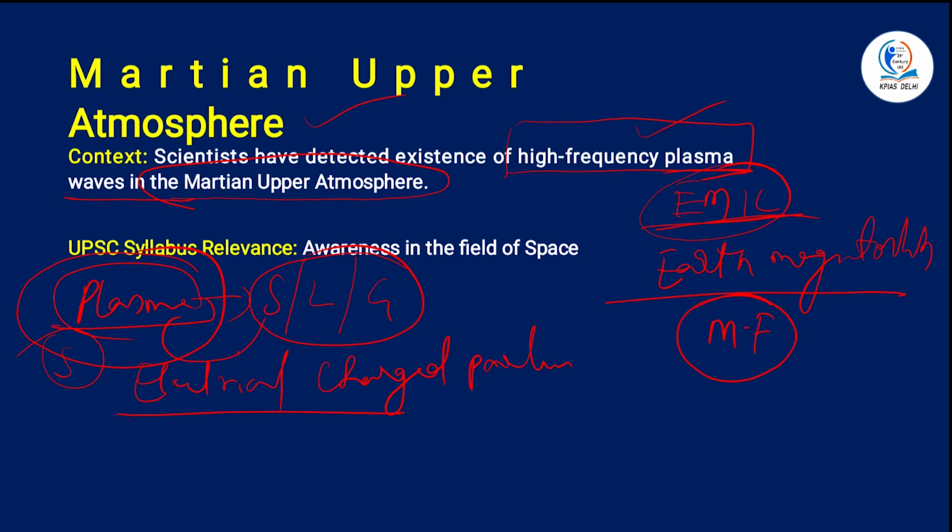So Earth has a magnetic field. Because of the influence of this magnetic field of the Earth, these electromagnetic ion cyclotron waves are generated in that particular region. These waves can also resonate with the charged particles, like the free ions and free electrons that we are talking about. So they are trapped in this Earth's magnetosphere, causing them to move in a cyclical motion. That is what electromagnetic ion cyclotron means.